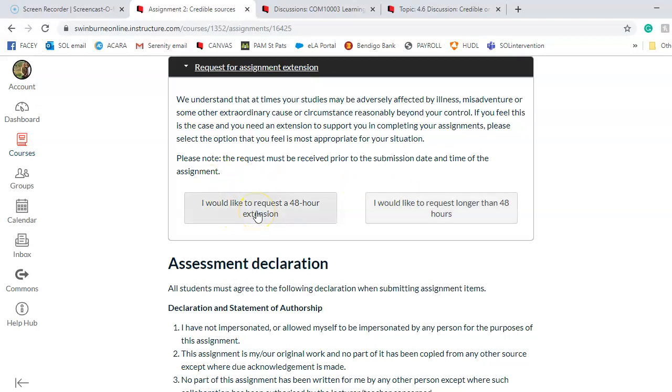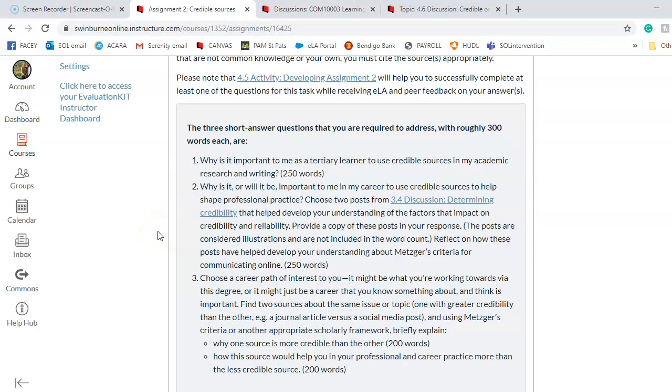So this one will come to me. If you only need 48 hours for this extension, meaning to 5 p.m. on the Wednesday, click on this one, but please don't leave it to the last minute. Extensions after 5 o'clock on the Monday most likely will not be granted. You need to actually get it in early.